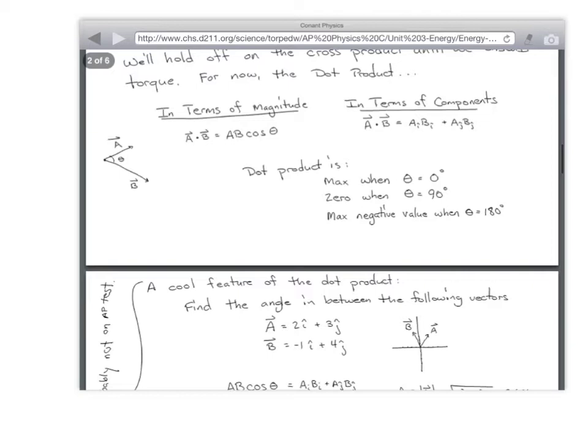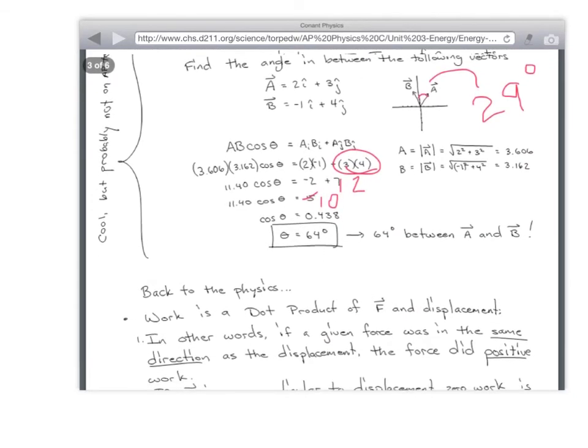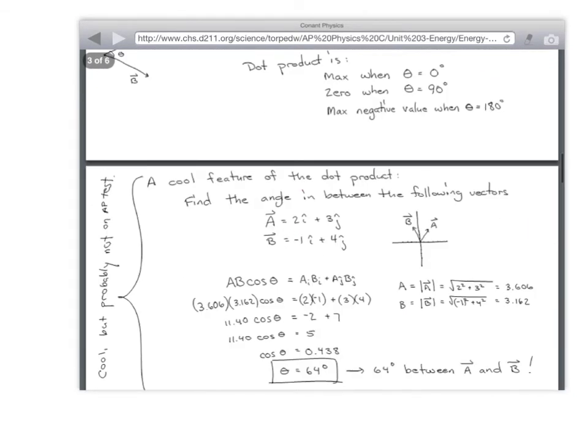Okay. Does that make sense? Yep. All right, so let's try it. Let's say A is 2i plus 3j, and B is negative 1i plus 4j. That means A is this way and B is that way, right? If AB cosine theta is equal to AI BI plus AJ BJ,